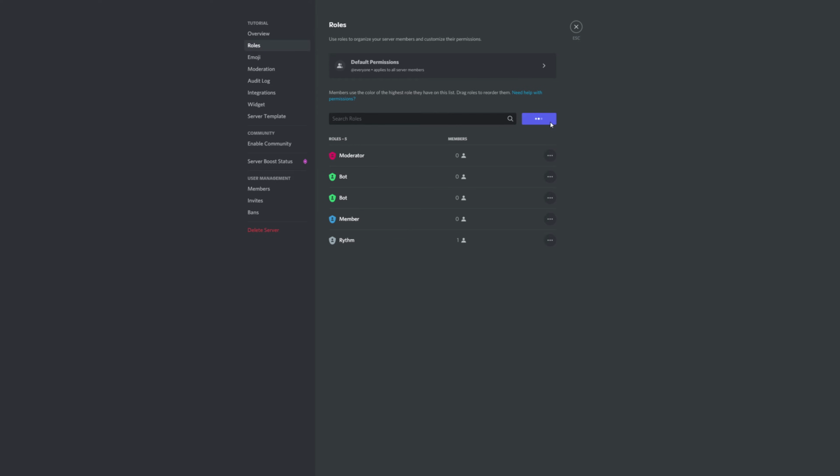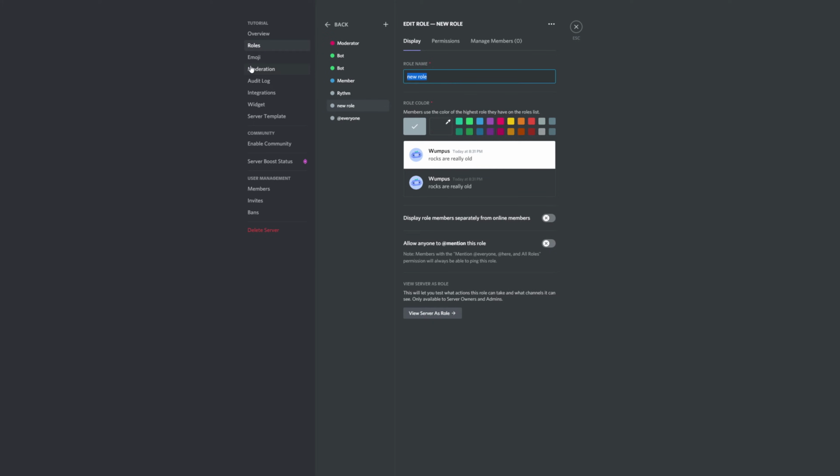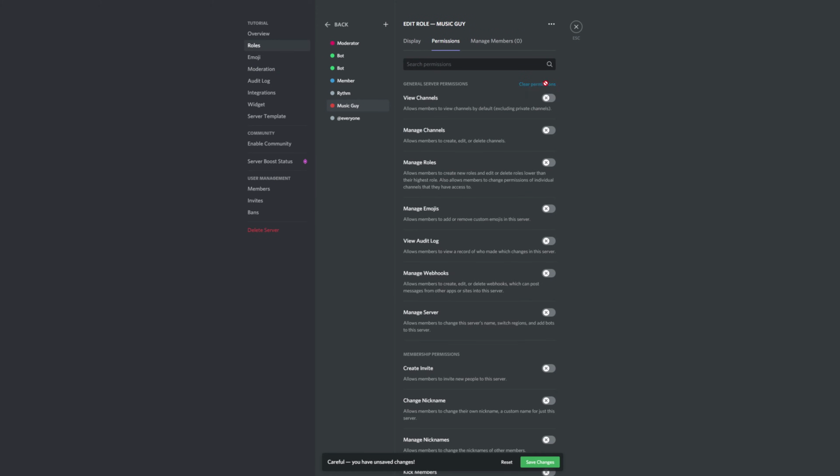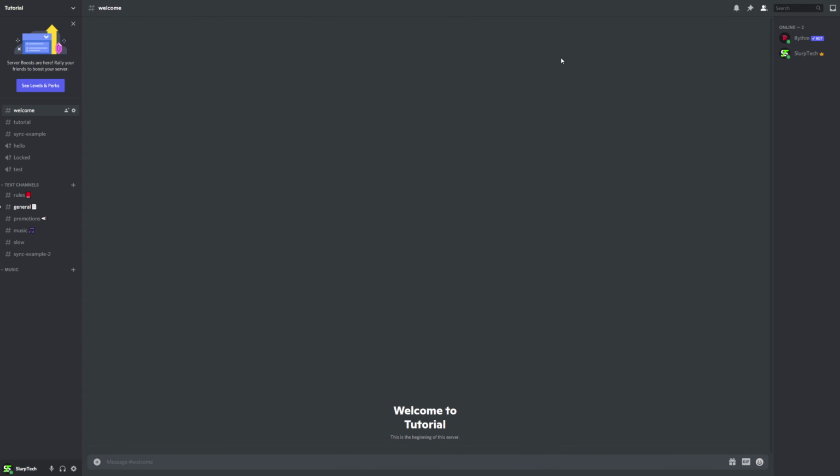Create a new role. Name it DJ or whatever you'd like it to be called. Adjust its permissions as you'd like and give it a color. Save changes and close. You can give the user the DJ role by clicking on their name and then clicking